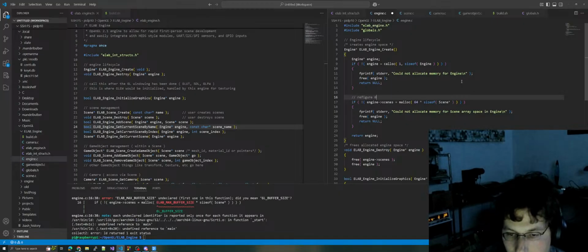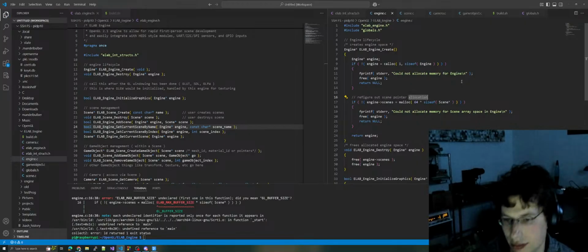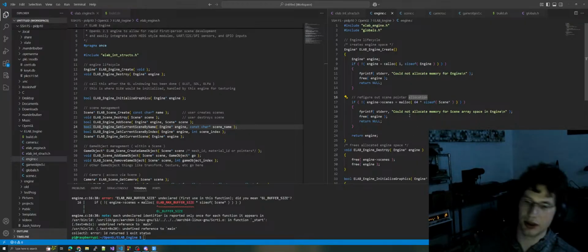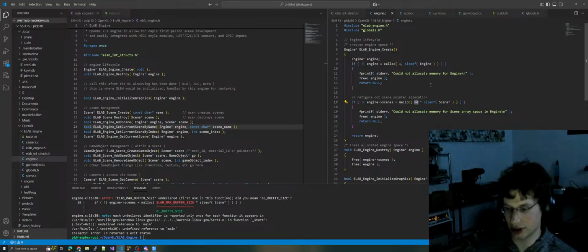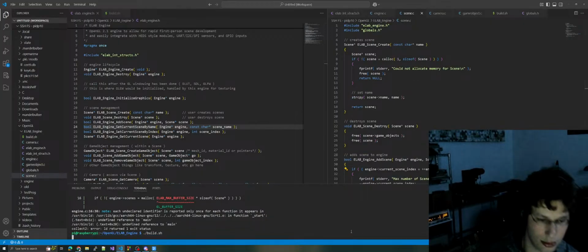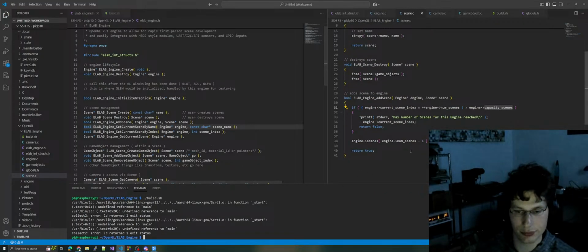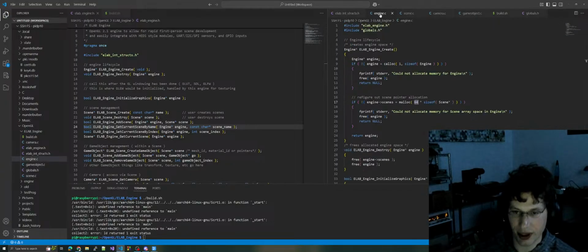Refigure out scene pointer allocation. Yeah, because we have a magic number 64 here. That does not need to be a magic number. Okay. Basically,